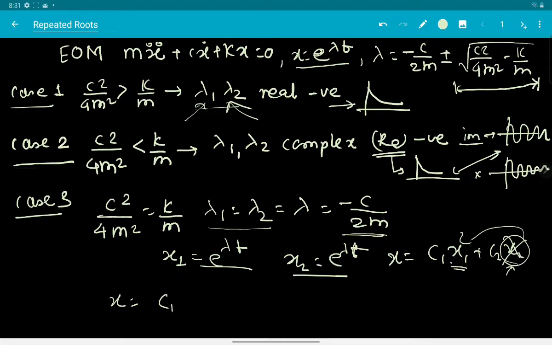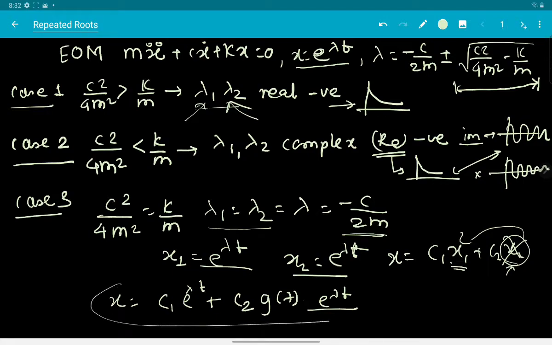So that is going to be the first step that we'll be doing. We'll be finding out what is x2, and I'll say that x2 is equal to g of t into e raised to lambda t. Okay, x1 is e raised to lambda t, and I am considering x2 as the same function x1 times g of t. So if I consider this as a possible solution, then I'll try to find out what should be g of t. So let's try to have a look at it.